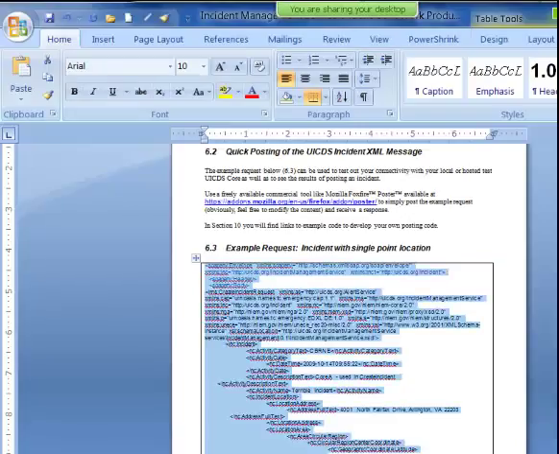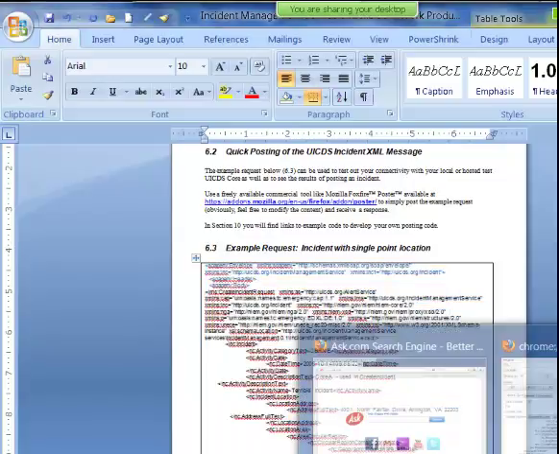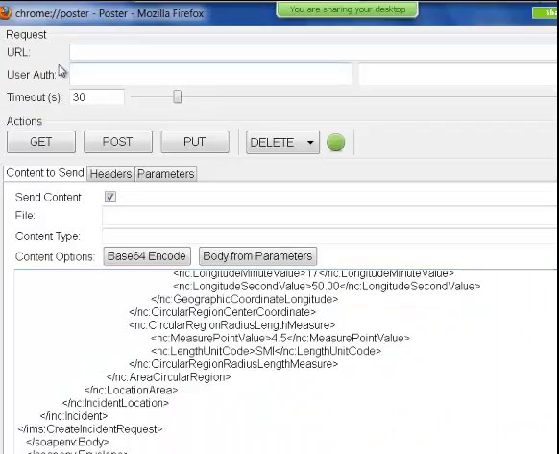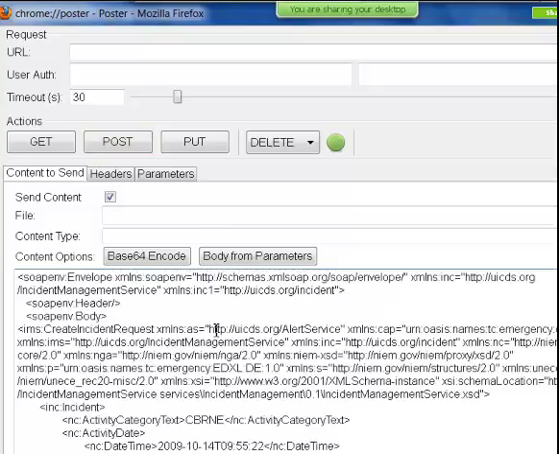Well, what I did was come over here to the document, this single incident document. I took it, copied it right out of the document that you have, came back over here to Poster, which is the Mozilla add-in, and pasted it down here in this area. And now https://test2 usage